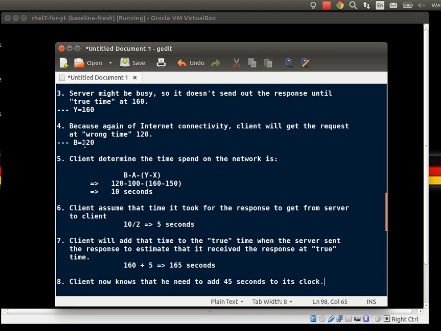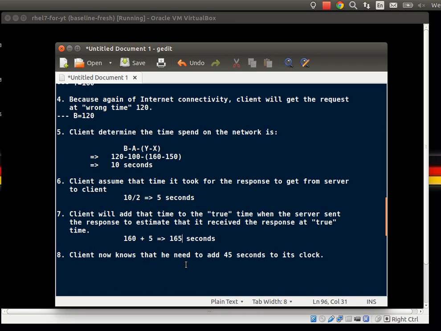Look, the client has received the response at 120 seconds. But the time that he has got is 165 seconds. So what you need to do is subtract the time at which